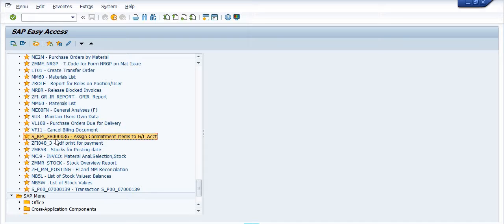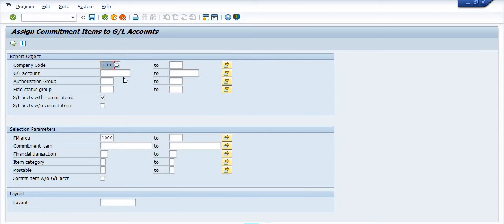SKI4 underscore 38000036, assign commitment item to GL account. Once I execute this transaction code, in my company code, the company code is 1100, and I don't know the commitment item with respect to the GL account. This is 5026105. You can have multiple GL accounts. Getting my points? For example,